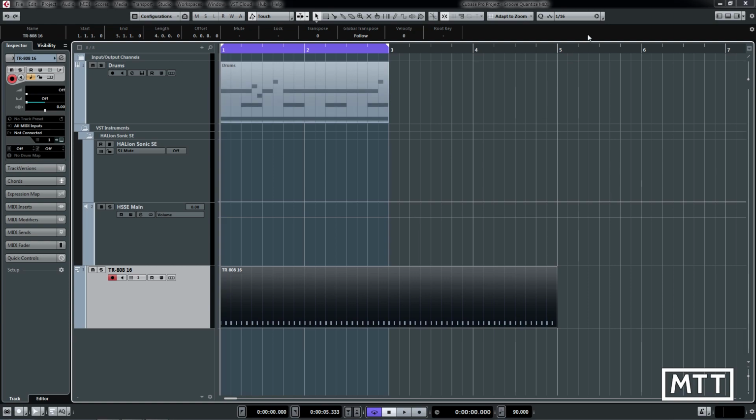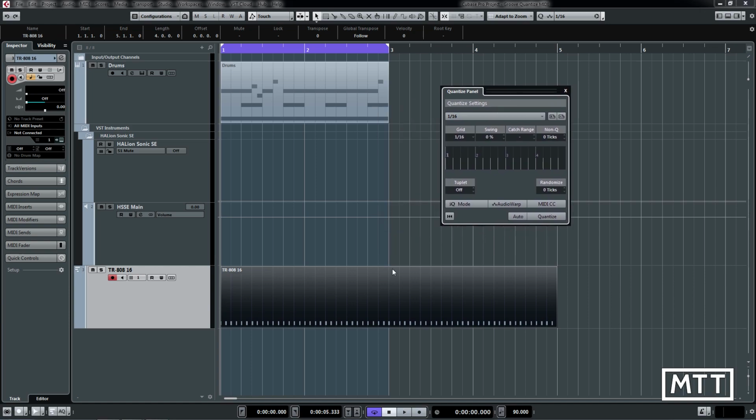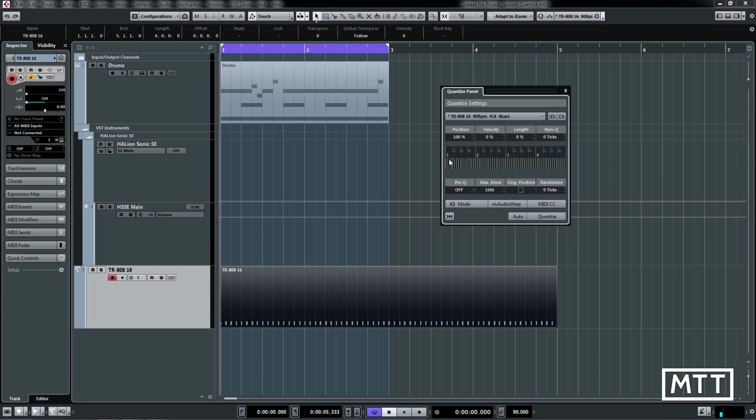So what you do is you open up the Quantize panel. So we see that there, and then we grab this part from the MIDI file and we drag it onto here. And now we've dragged that onto there, you can see that some of the settings have changed, because swing has been replaced by velocity, but most importantly, the groove of it has been captured. So now it's named here. We can save that if we want,